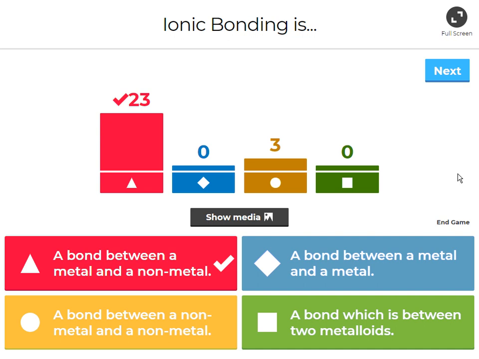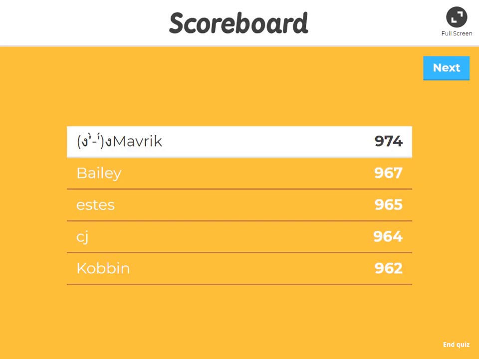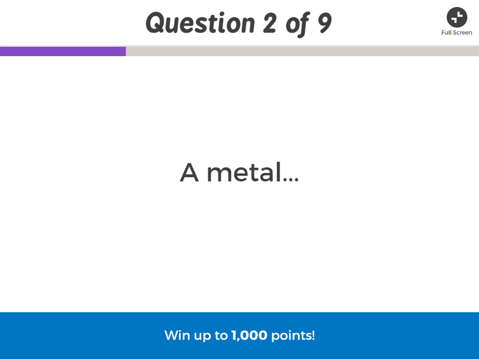Okay, most of us did alright. Metals and non-metals form ionic. What would this one be? Covalent. If you can't see, you need a scooch so you can see. A metal